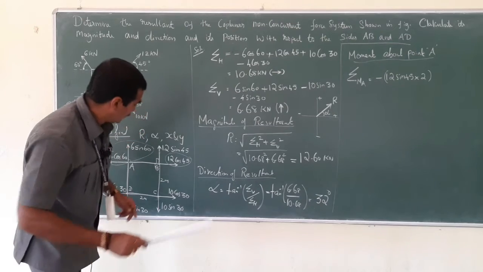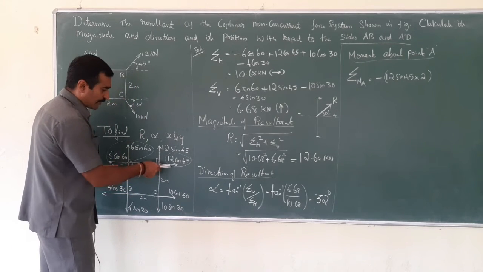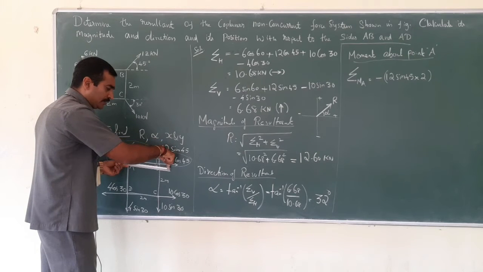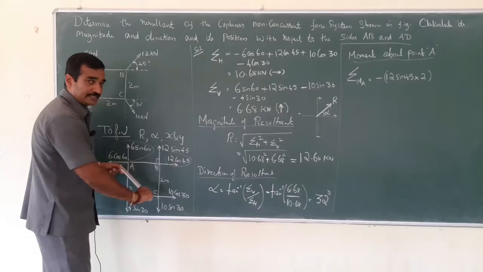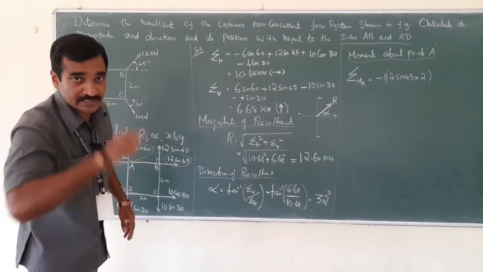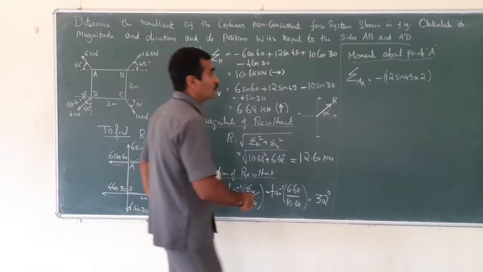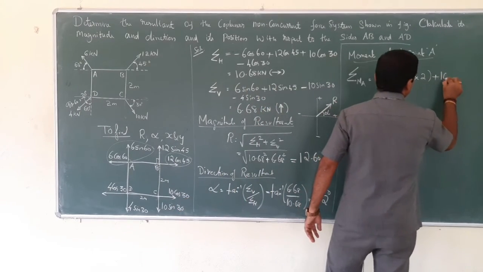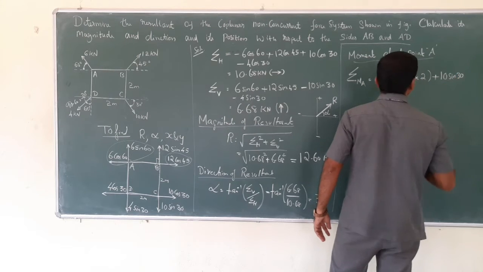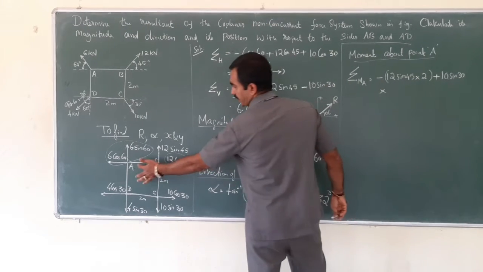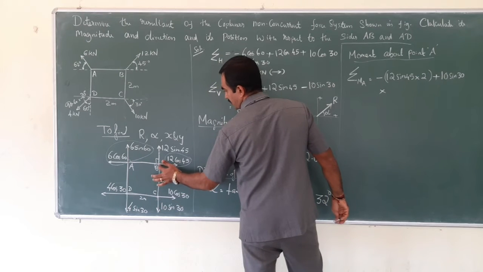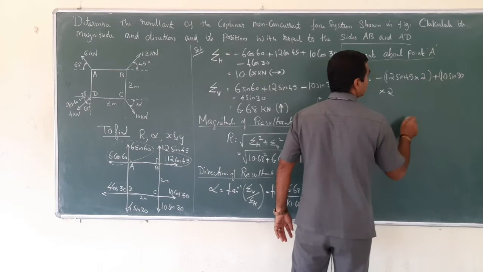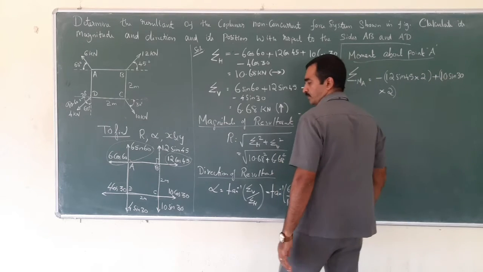So the force is acting in this way. The object is here, the force is acting vertically downwards, and the moment will have a tendency to rotate the object in the positive direction, that is the clockwise direction, which will have a positive sign. The magnitude of the force is 10 sin 30 into its perpendicular distance, which is 2 meters, because the C point is now brought here, right? So the distance is 2. So 10 sin 30 into 2.